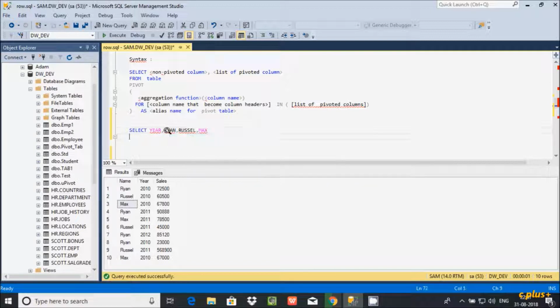Now after this, let's give the table name. My table name is pivot_tab. Now after this, let's use the pivot operator. Here we need to add an aggregate function. I'm going to use the sum aggregate function, and here I'm going to do the calculation on sales or columns. So here let's give sales,